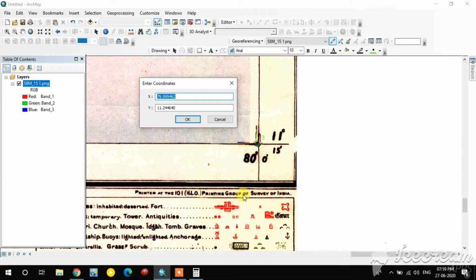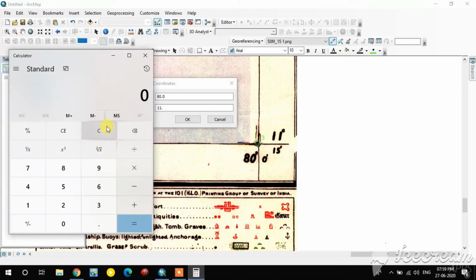In this image there are only degrees and minutes. If sometimes the seconds are presented, you divide them by 3600 and add it to the minutes divided value.